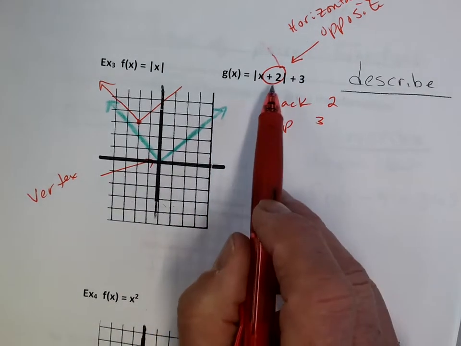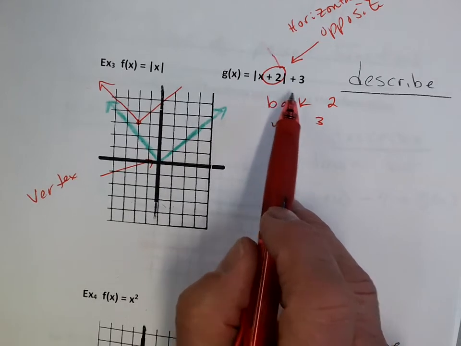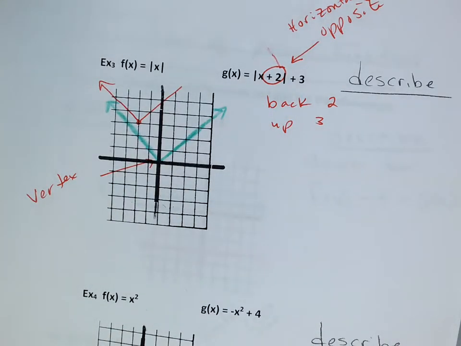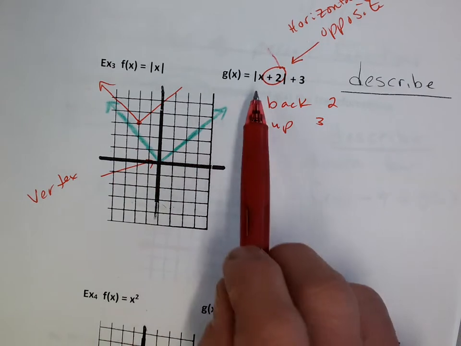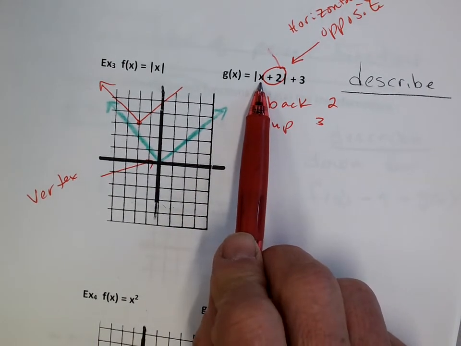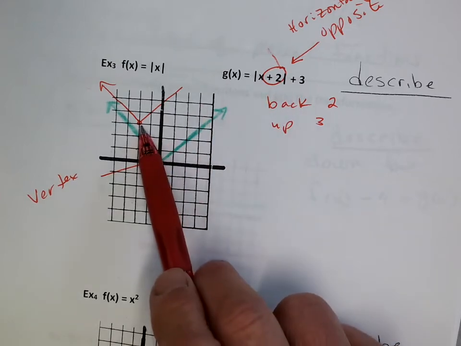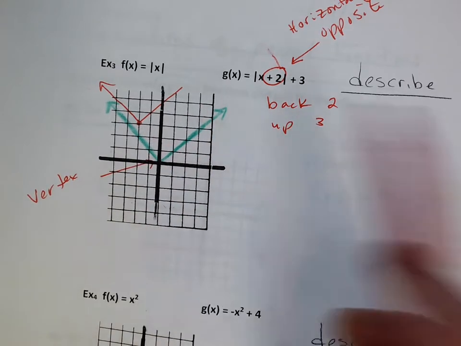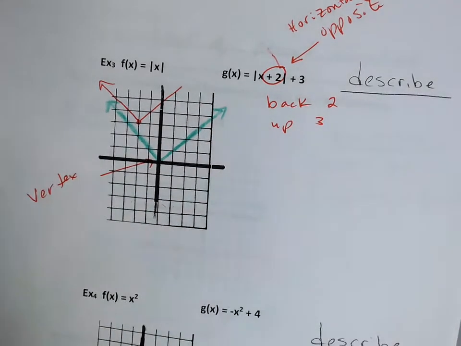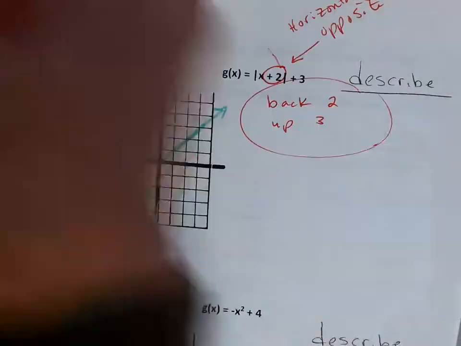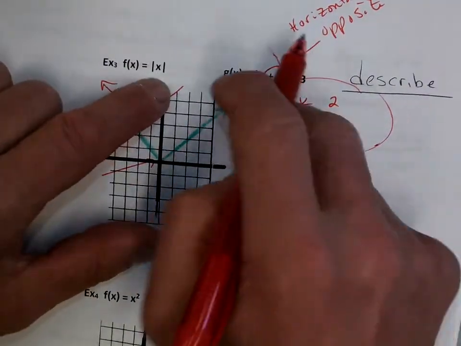So it's the opposite of the inside. Here is why. If I put -2 in for x, it's 0 inside, and that makes it at its lowest point. That is why. Okay, now, describe it. So here's my words. I already used my words. There it is. And I'm also going to describe it by putting in what this is, and that is we